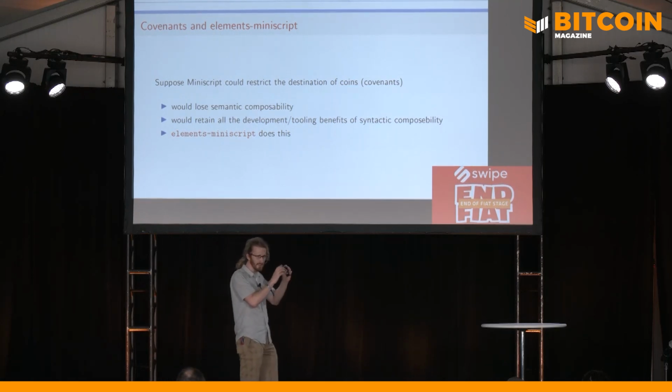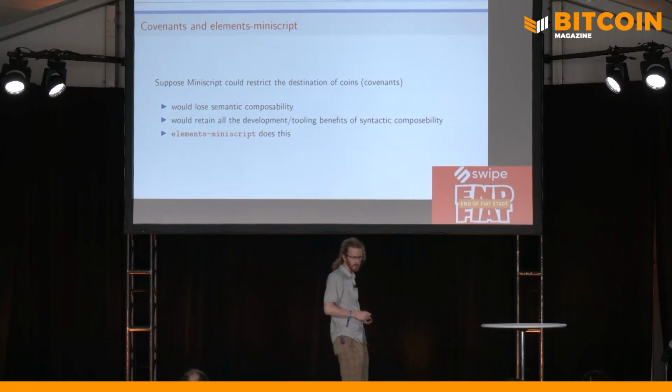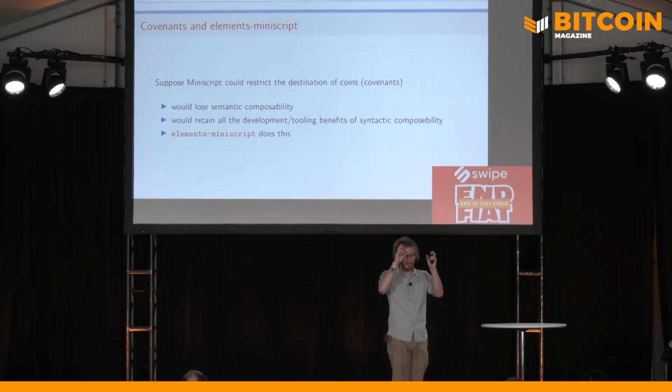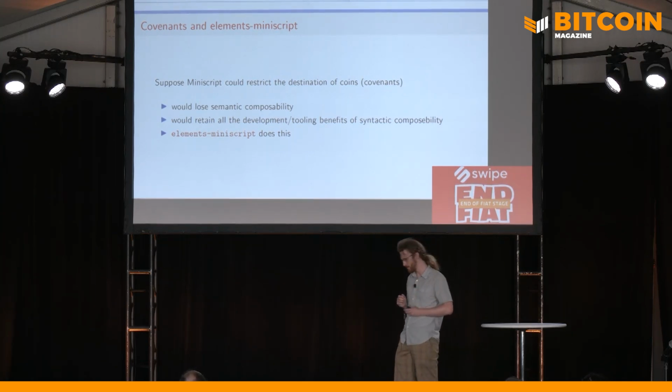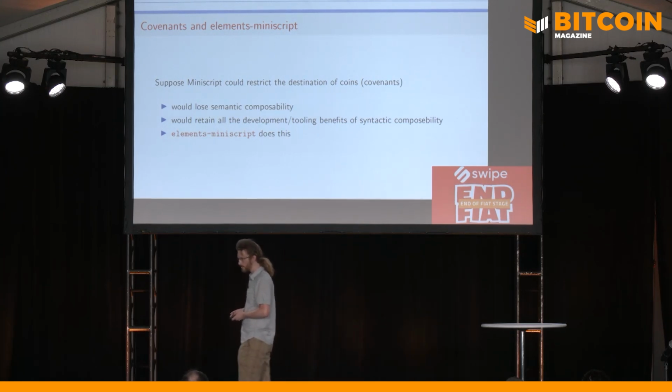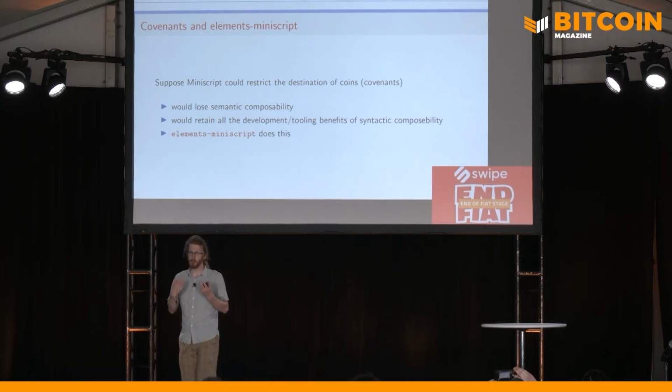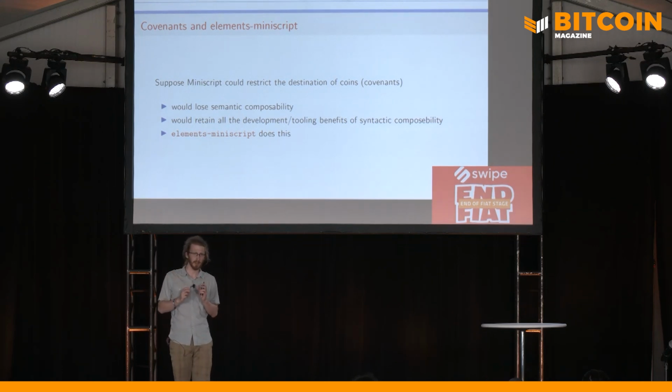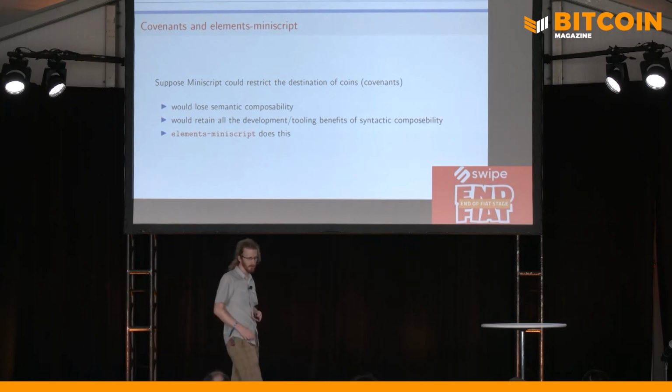Syntactic composability, that's for developers. It means stuff works. Semantic composability means that your ands and ors mean what you expect them to. And kind of the weird thing with covenants is that you get this non-local behavior. And what I mean by that is if you have a giant tree like what I wrote, let's actually go